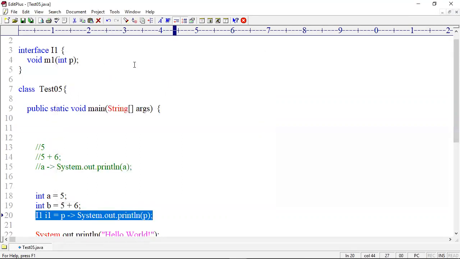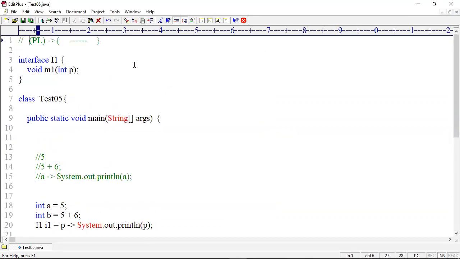How to create a lambda expression, what is the syntax, and what is required to create a lambda expression? Functional interface fi equal to... so there should be a functional interface. Without a functional interface you cannot create a lambda expression. Generally in any article, everyone first teaches lambda expression and then functional interface. But I teach functional interface first and then introduce lambda expression. Any order you can learn, there is no problem.